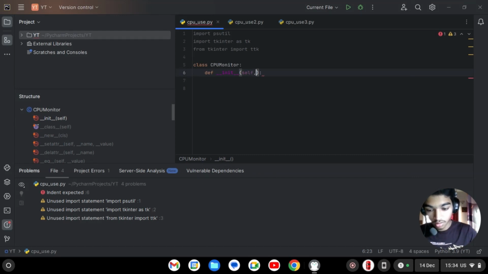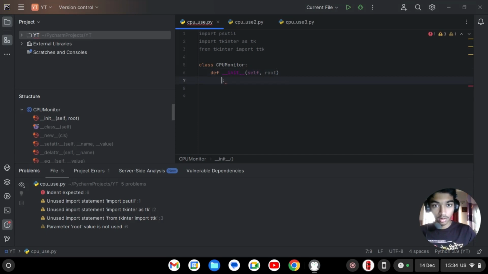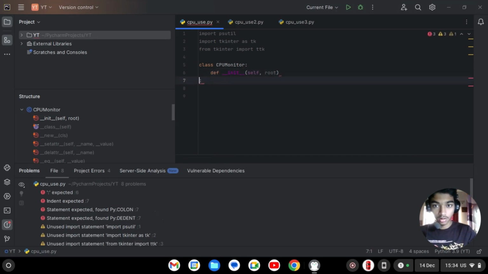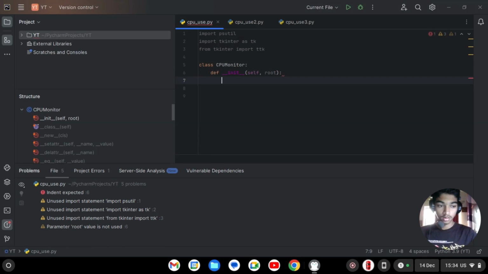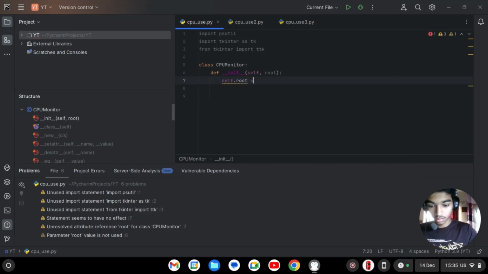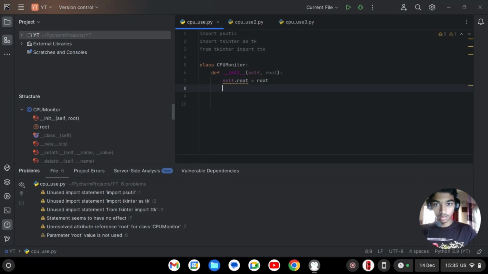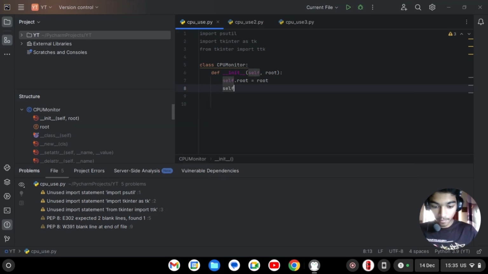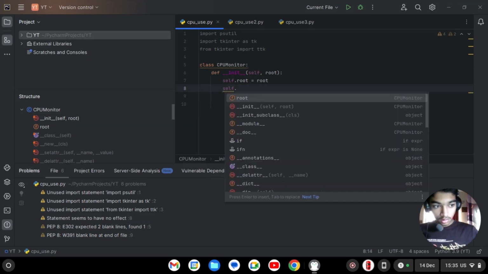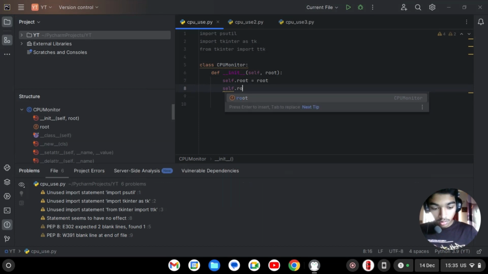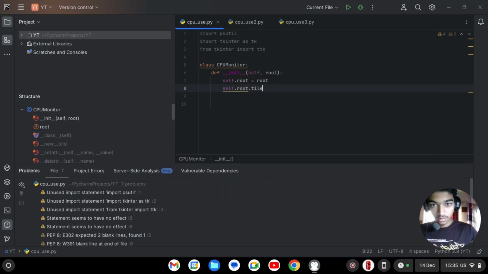We'll also write a root. Done. Self.root equal to